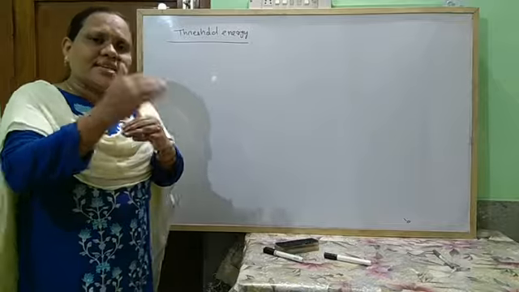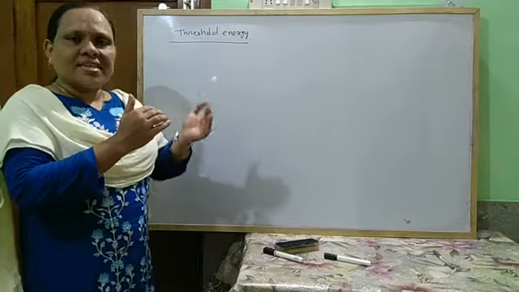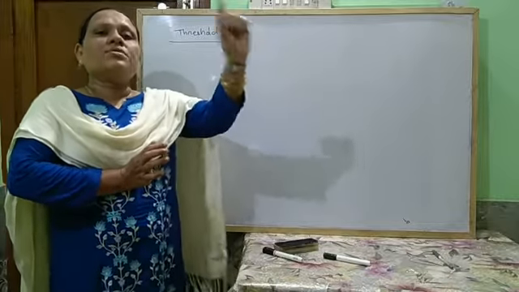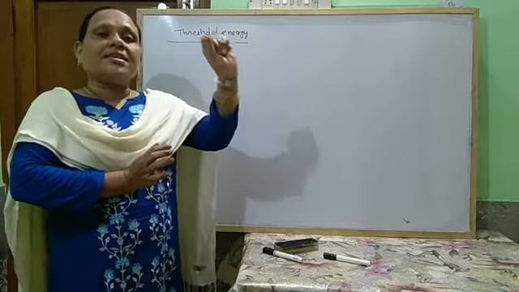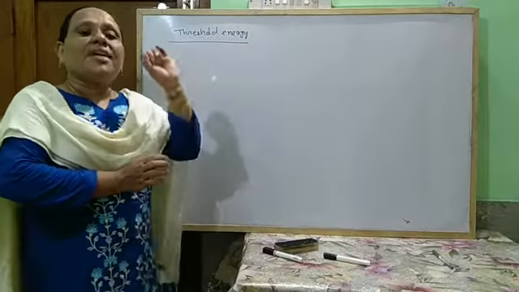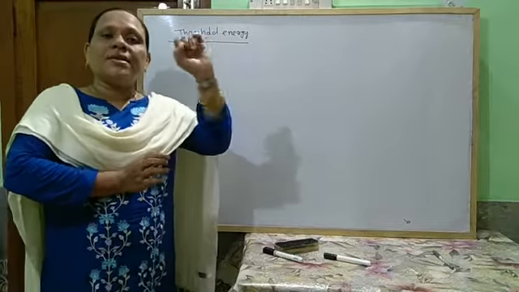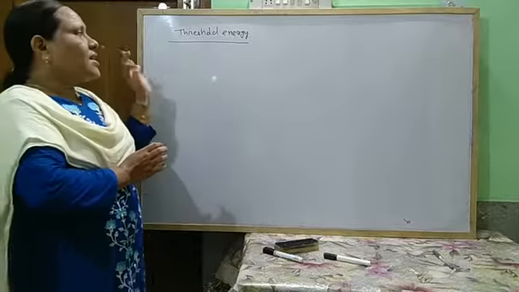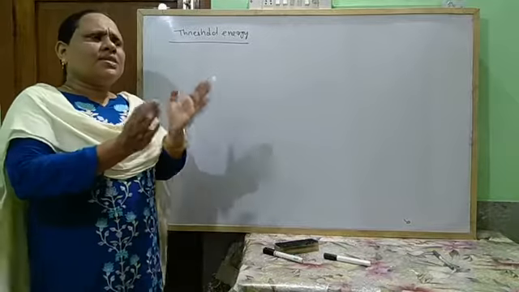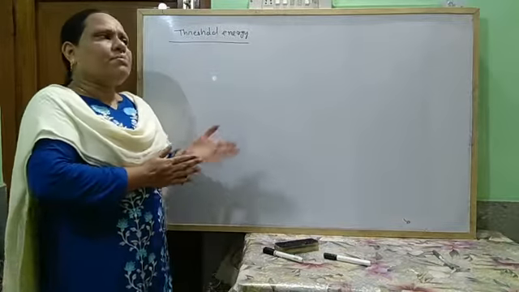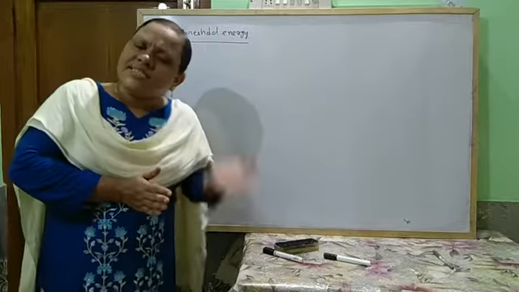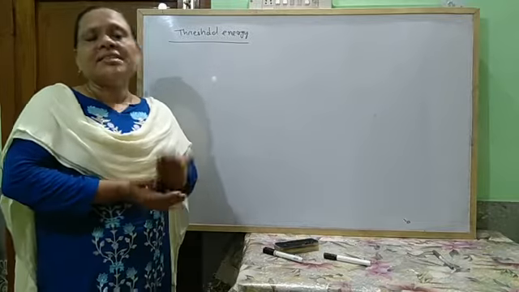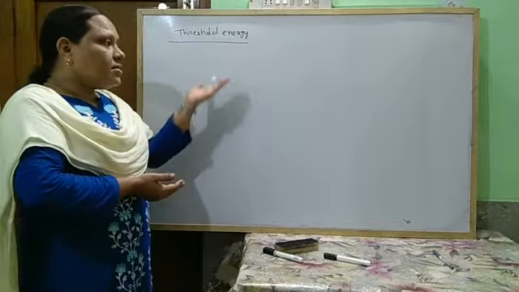So to start a reaction, all the molecules or reactant species have to reach a minimum amount of energy, and that energy is called threshold energy, where the reaction just starts. Generally all the reactant species, that is our molecules, possess less energy than the threshold energy.